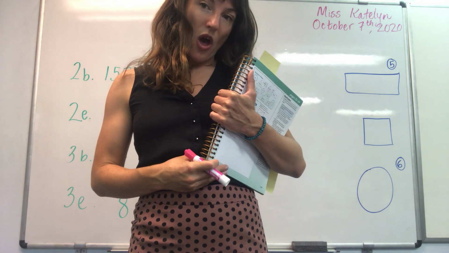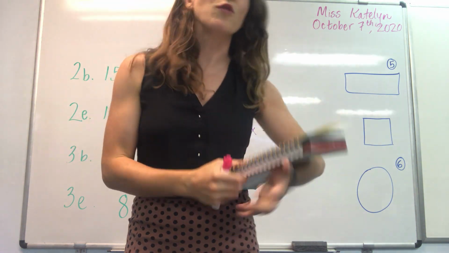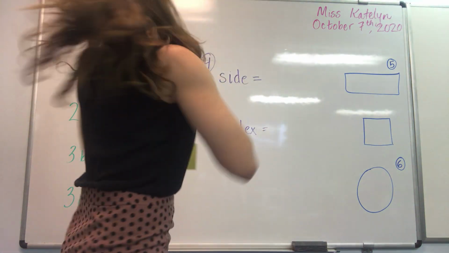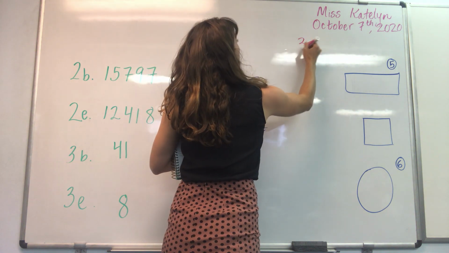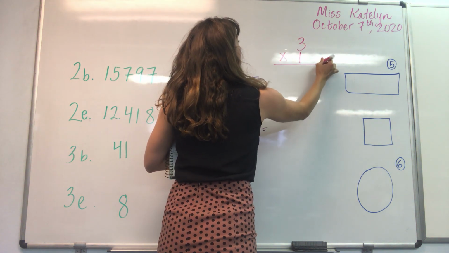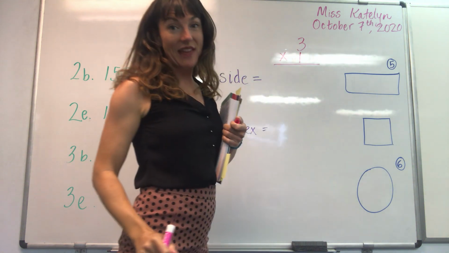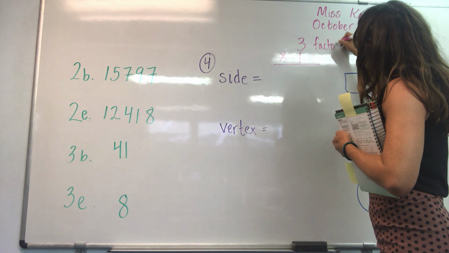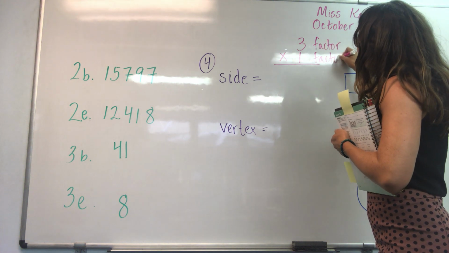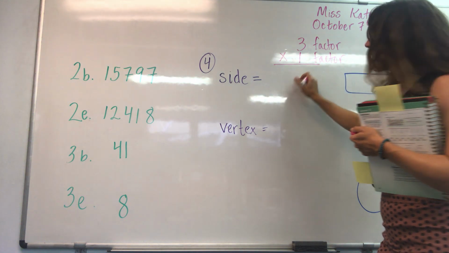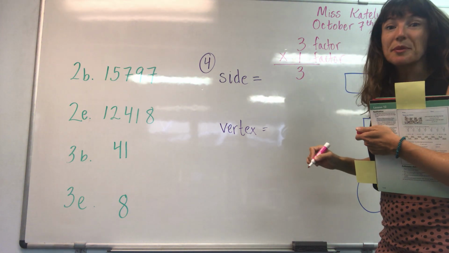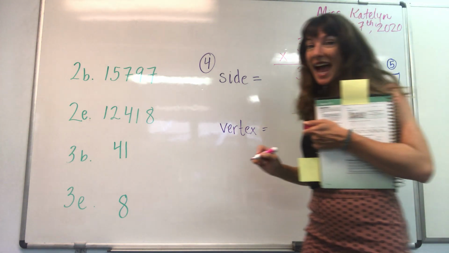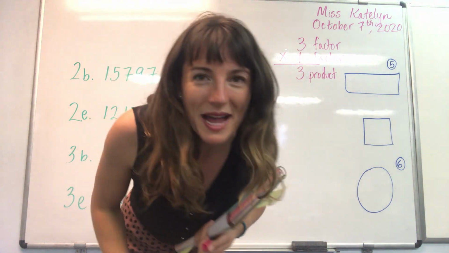Okay, we're doing lesson number 12. There are two parts to that lesson. The first part is 3 as a factor in a multiplication problem. Check this out. The numbers you are multiplying together have the name factor. And the answer to a multiplication problem is called the product. So, when the title of your lesson says 3 as a factor, that means you are going to multiply times